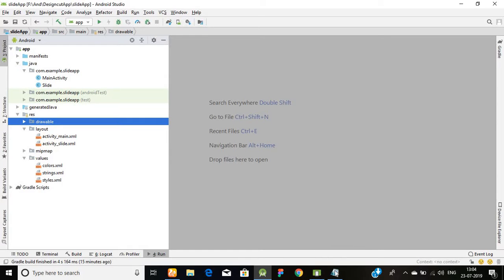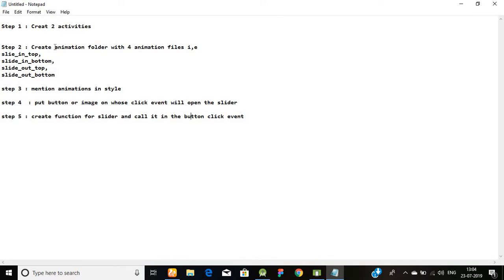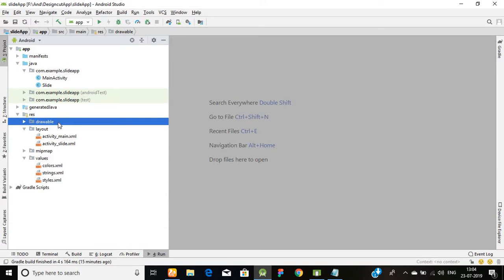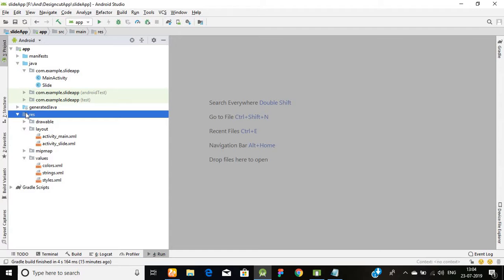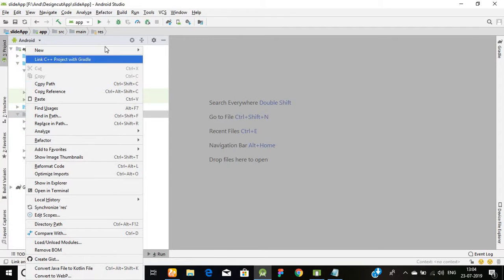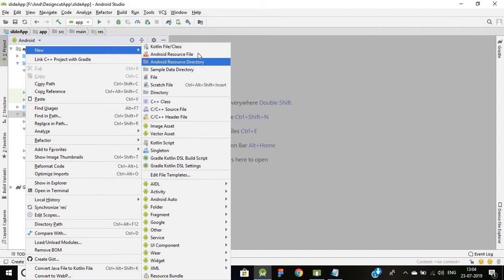Clear? The first step is done, and the next step is we have to create an animation folder with 4 animation files. The first is the slide in top, slide in bottom, slide out top, and slide out bottom. Let's create these 4 animations quickly. So for that, I will go to the resource folder, right click on it, and new Android resource directory,